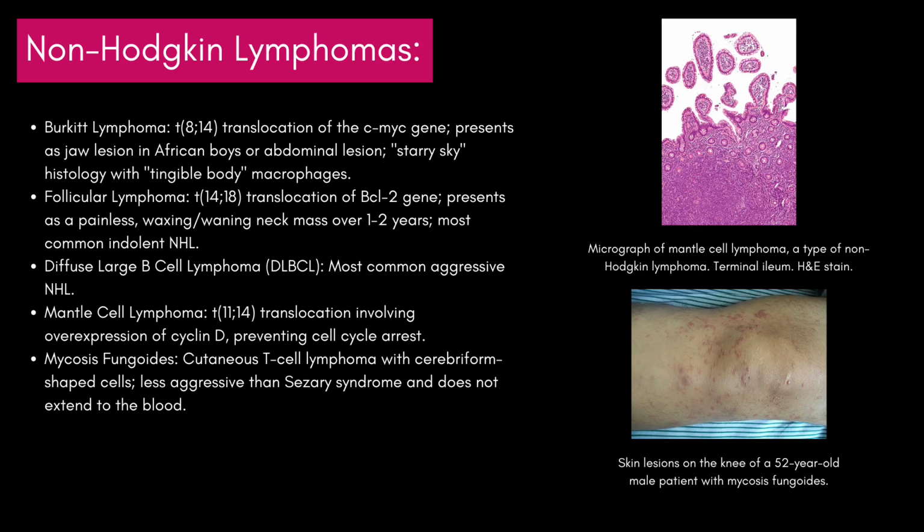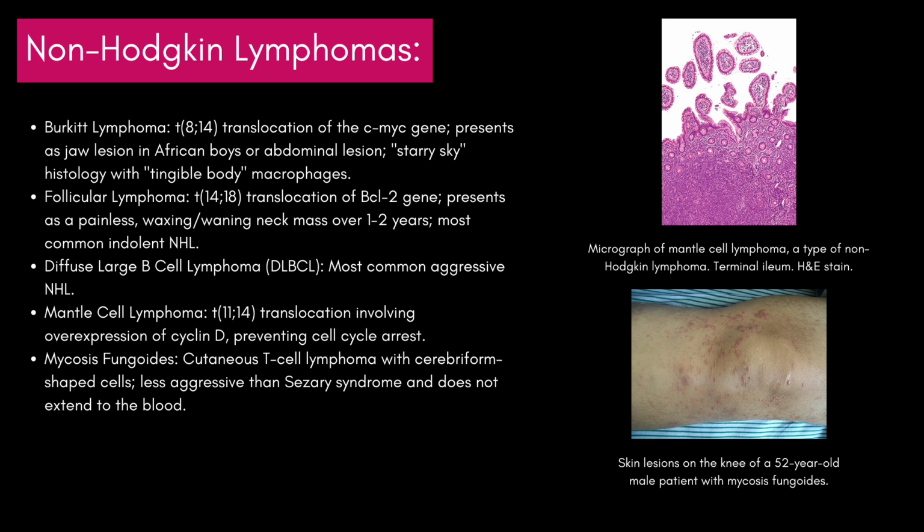Let's next take a look at non-Hodgkin lymphomas. Burkitt lymphoma, t(8;14), translocation of the c-MYC gene, presents as a jaw lesion in African boys or an abdominal lesion. Starry sky histology with tingible body macrophages. Follicular lymphoma, t(14;18), translocation of the BCL2 gene, presents as a painless, waxing and waning neck mass over 1-2 years,